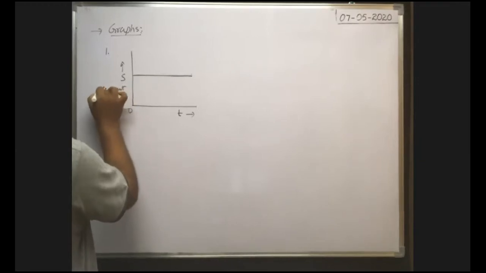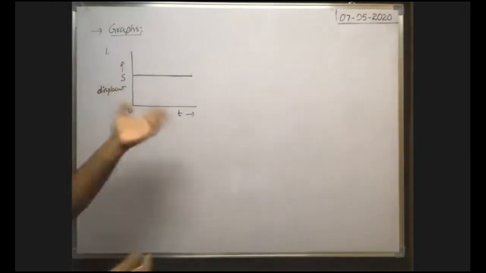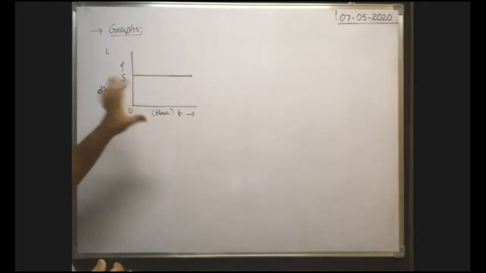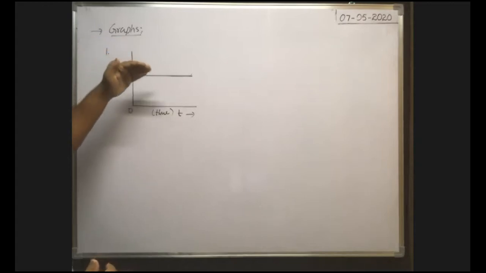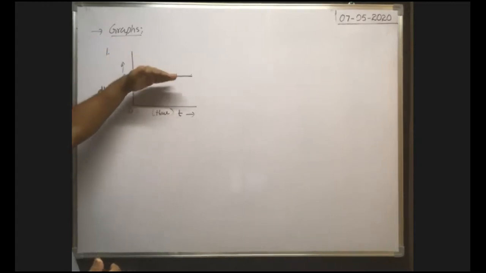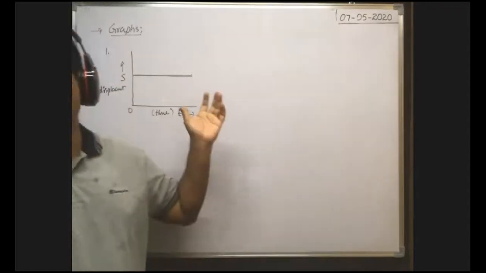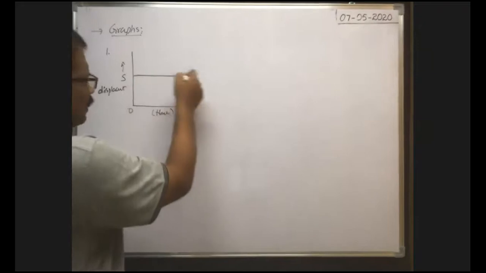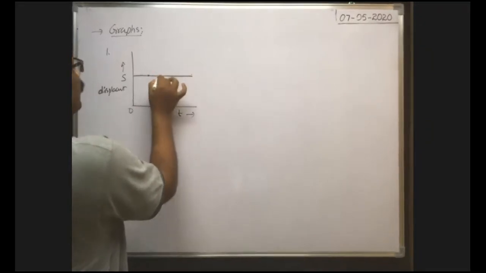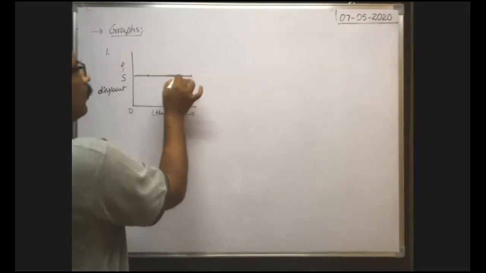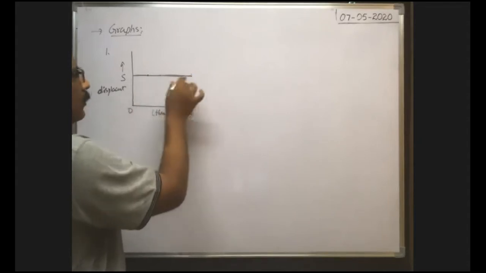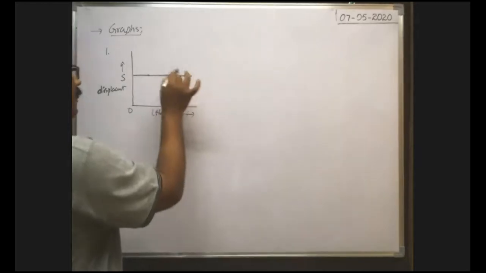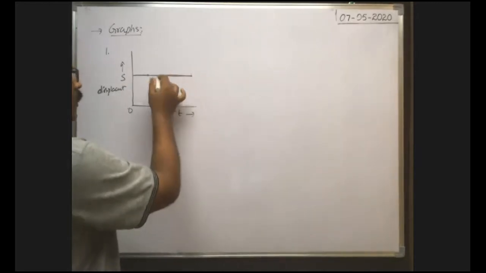So when displacement is given like this, and of course this is the time, the displacement-time graph is given. Then the slope of the displacement-time graph gives velocity. What is the slope of this graph? Because if we know the slope of the graph, we can have the velocity. Here on the straight line, at any point, if you draw the tangent it is along the horizontal line only. That's why the slope of the horizontal line is 0, because the straight line makes an angle 0 with the horizontal axis or x-axis.